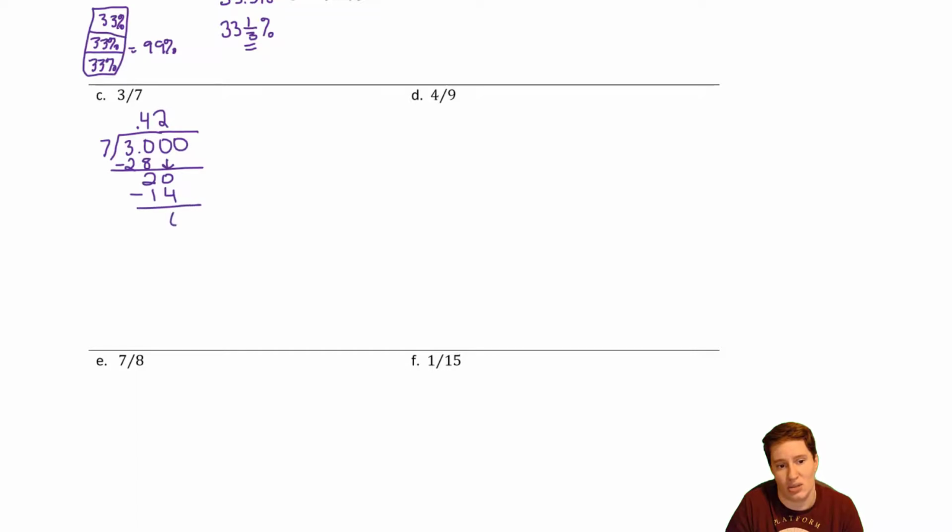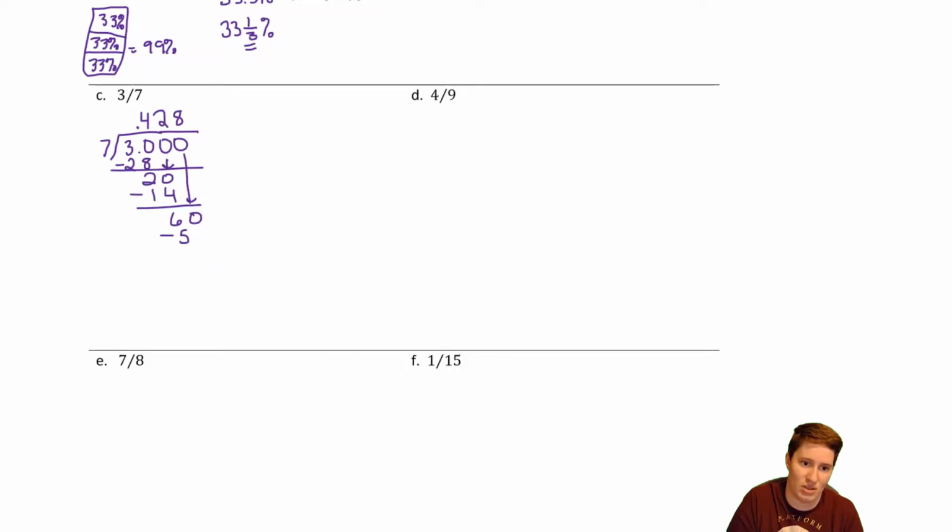So I'd minus 14 and get 6. Drop this down and get 60. 7 goes into 60 8 times. So then minus 56 and get 4. And so I guess we could actually write this as 4/7 here at the end, or I've actually gone farther than I need to, because if I want to be able to write the percent as 42 and some fraction, I actually need to go back